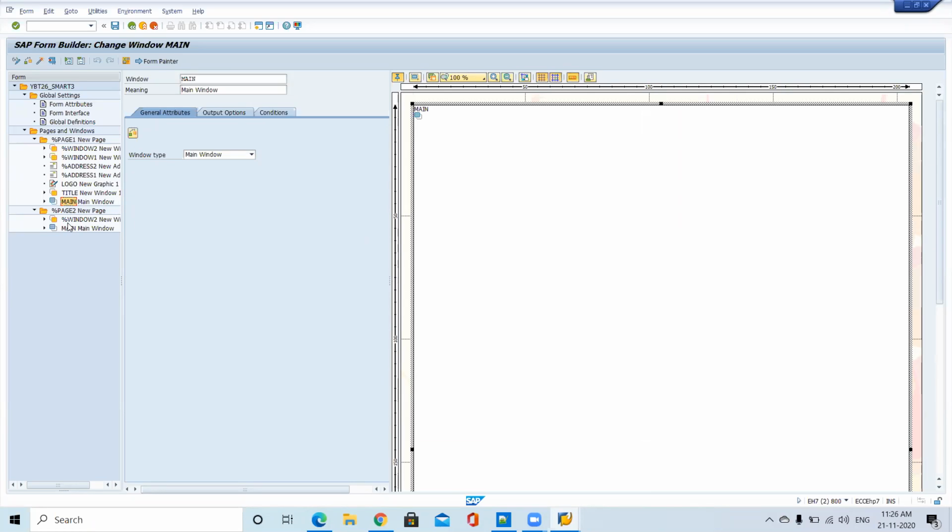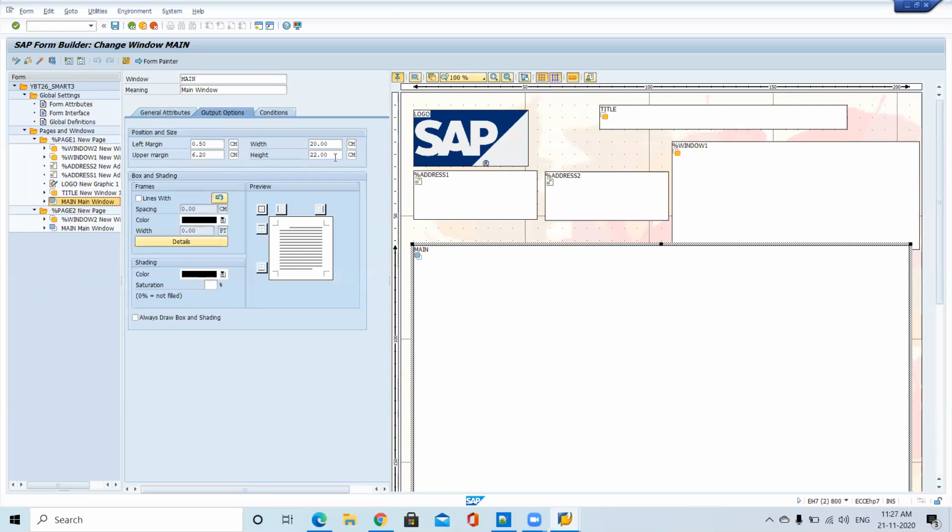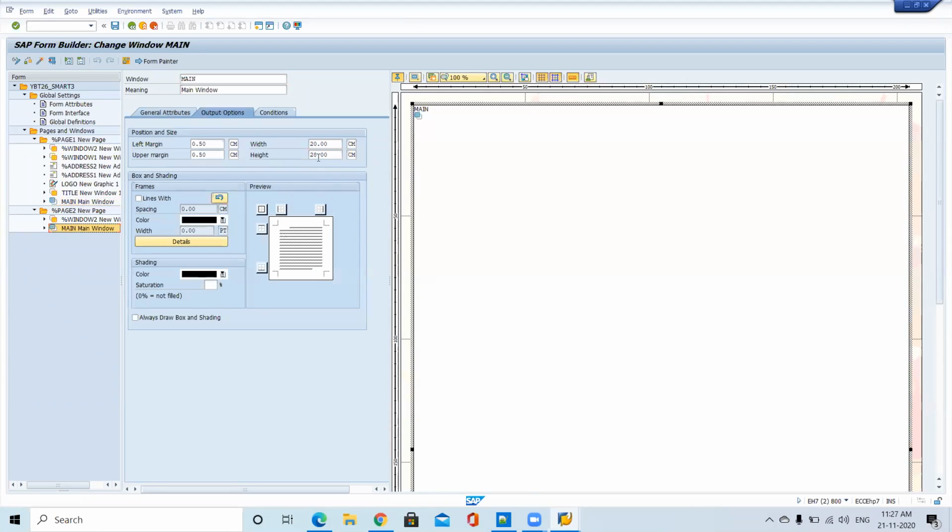Because the same matter is printing on the next page also. That's a continuation. Here I have sufficient space to print, but if I don't have space here, that will be a problem. So width-wise it should be the same. Length-wise, height-wise, you can change and alter. Previously, here you can see the height of the main window is 22, but in page 2 we have 28, 6 centimeters extra, so we increased that height.